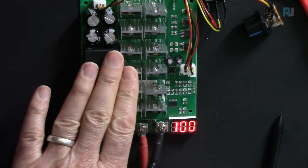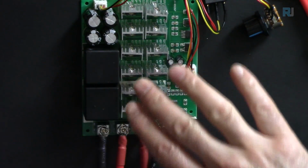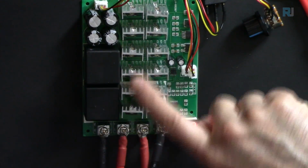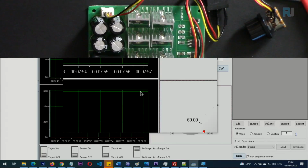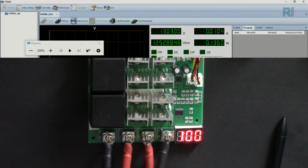So if it continues like that, this will need a cooling fan to keep it cool, or you have to add a larger heatsink to dissipate the heat, or reduce the current. Here now I changed